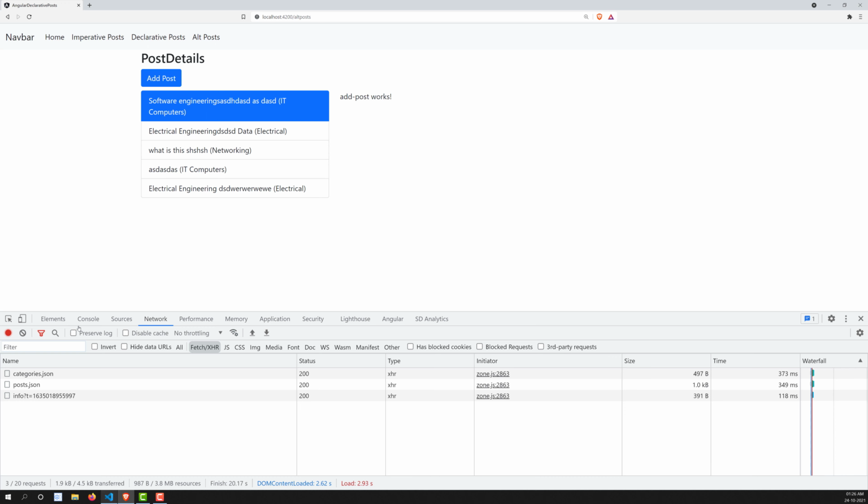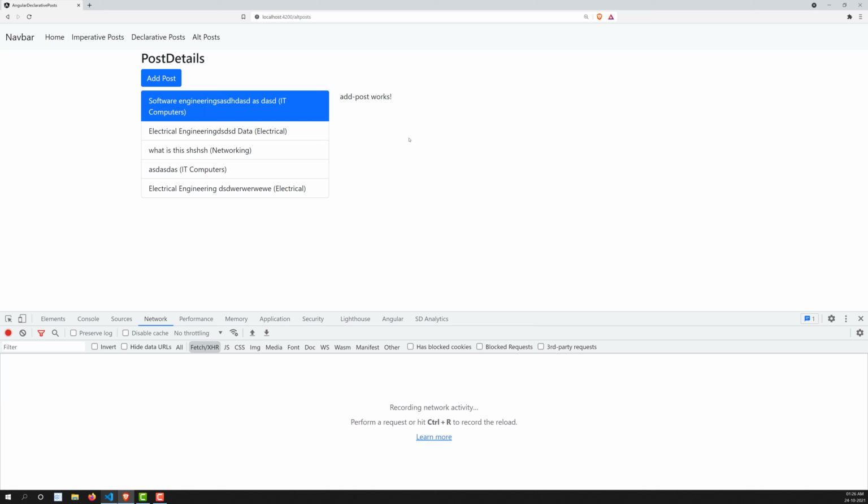Now in the next video, we will try to create a form and submit it to add the post, so that the post is automatically added to the list here. Let's see it in the next video. This is how we will be showing this, and what we did here is we created an add post button, so that when we click on this button, we hide the single post and show the add post form. In the next video we will create a form and submit the post.